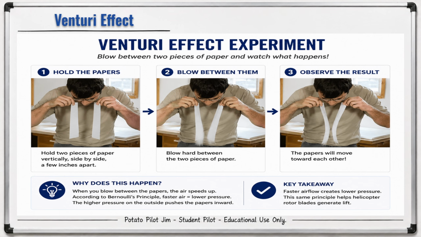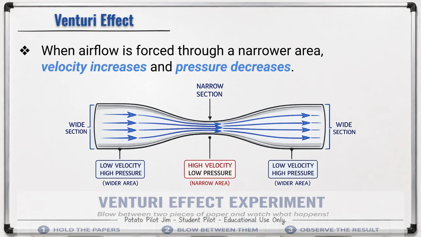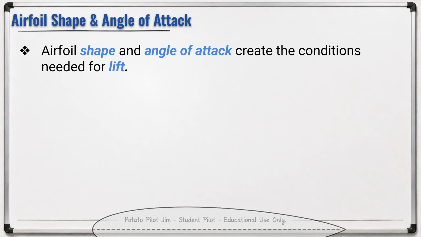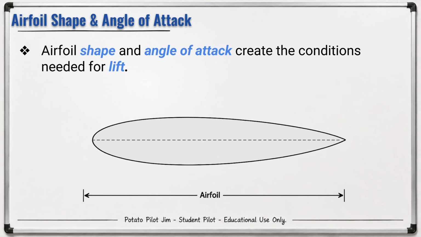Now that we understand how airflow velocity affects pressure, let's look at the shape of the rotor blade itself and see how it takes advantage of these aerodynamic principles. A helicopter rotor blade is an airfoil. An airfoil is any shape designed to produce more lift than drag when moving through the air at a suitable